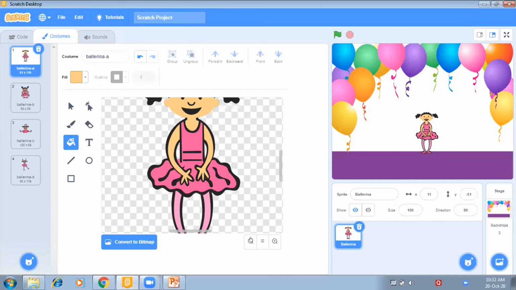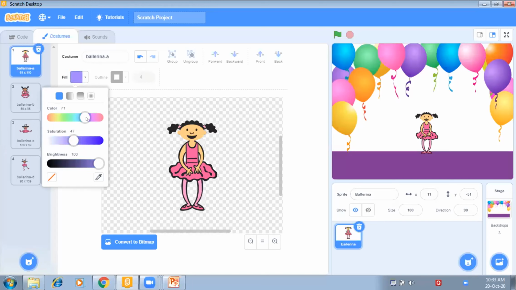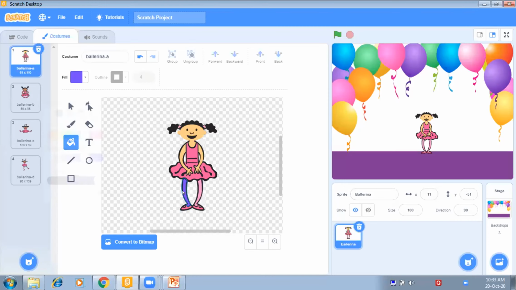Okay, zoom out. You can change the color of her dress also. And I'm going to change the color of her hair also.